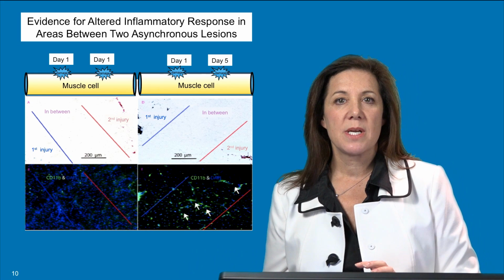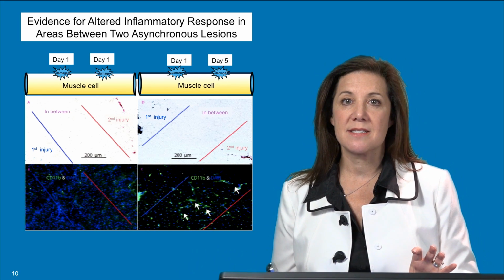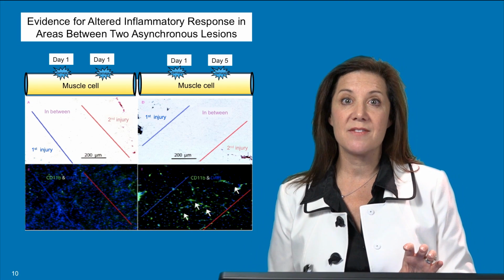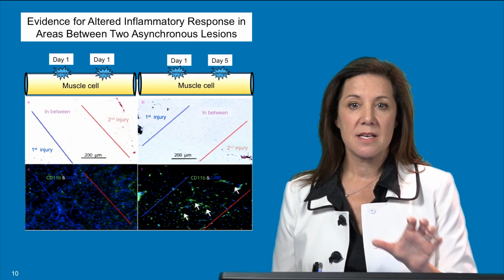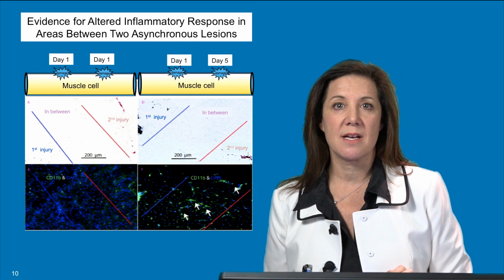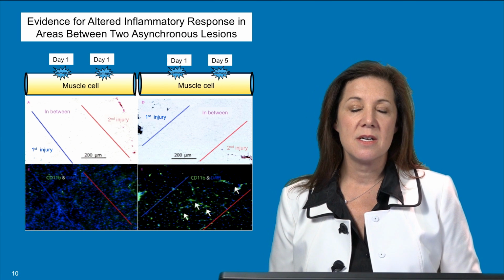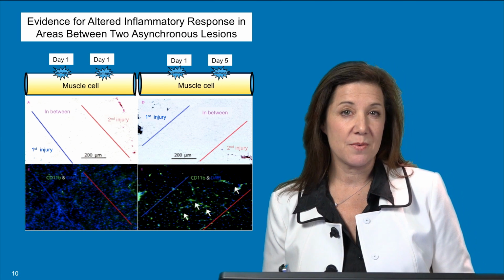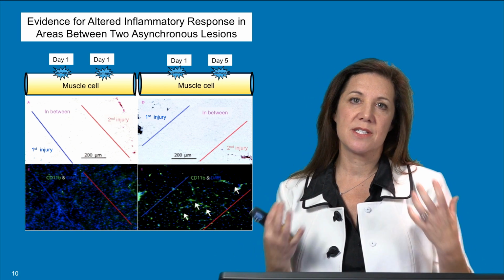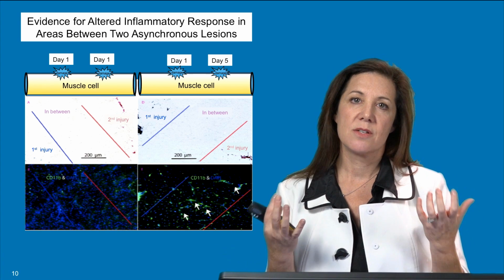In the second condition, what he did is he made a lesion on day 1, but then he waited 5 days, and in the same exact distance away, he made a second lesion, but 5 days later. And what you see is in that intervening region, you now see many more immune cells. You see many more of those green CD11B positive cells. So that tells you that the inflammatory response is altered when you have asynchronous lesions undergoing degeneration and regeneration closely